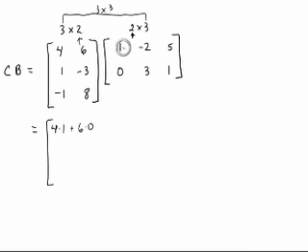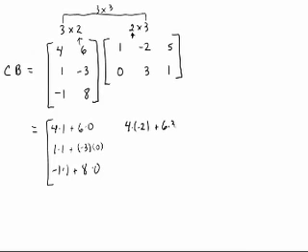So it's going to be 1 times 1 plus negative 3 times 0. To get row 3, column 1, we find negative 1 times 1 plus 8 times 0. Now we're going to get row 1, column 2. So we multiply row 1 by column 2. 4 times negative 2